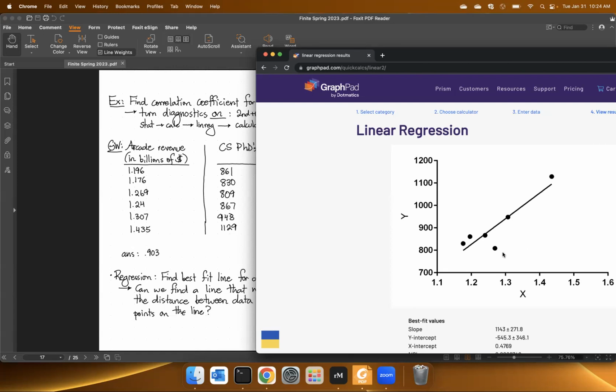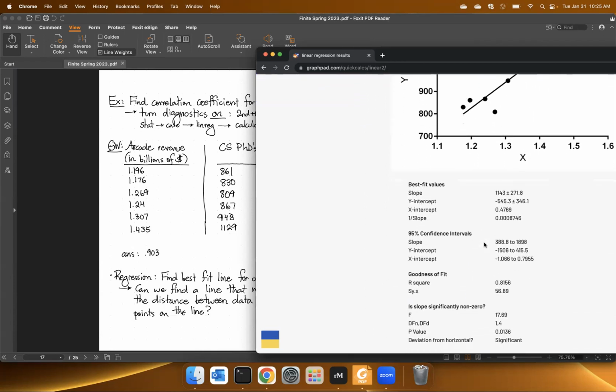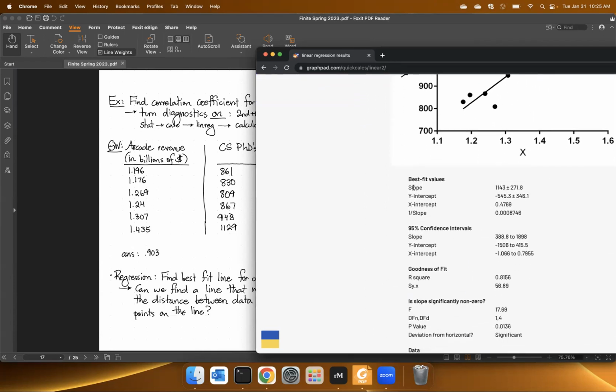And this is the part of the section where we do linear regression. All linear regression is coming up with this line that fits the data as closely as possible. So you can see here, the calculator calculates the slope of this line, and then you can get the y-intercept and x-intercept, so you would actually be